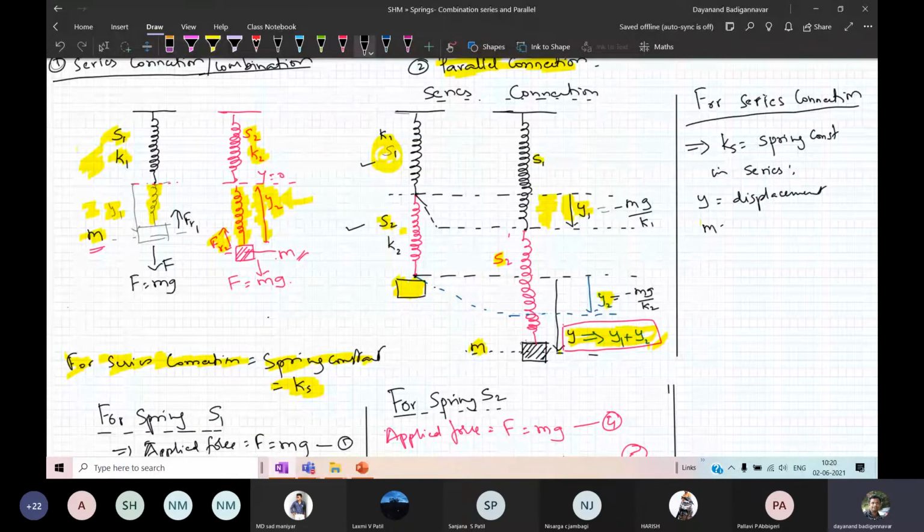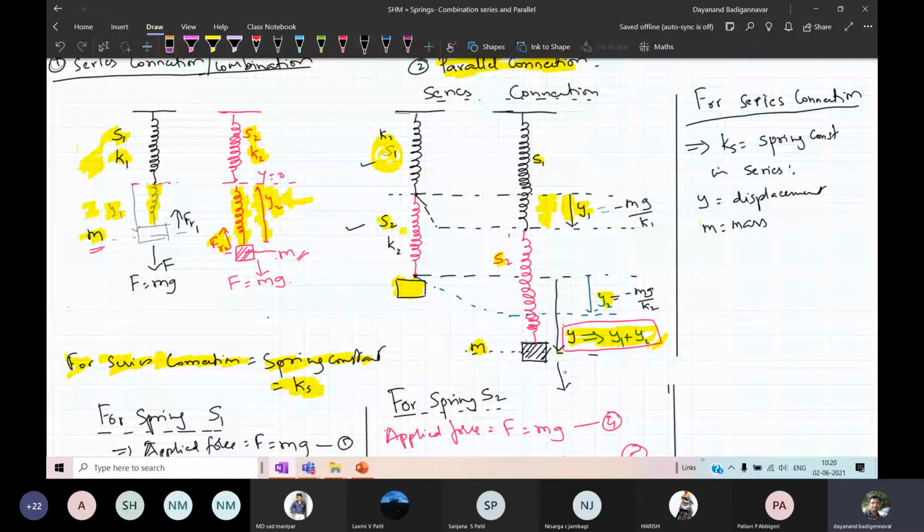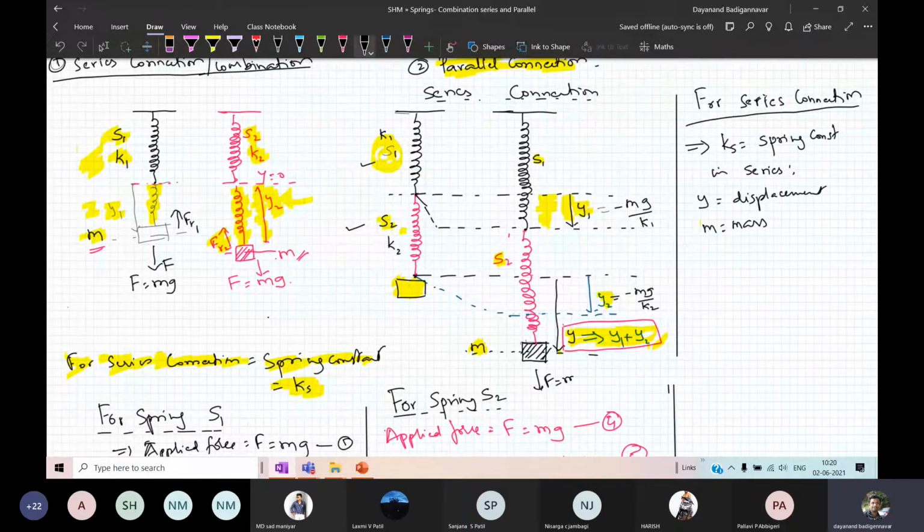Now here for this also, look at this. There is the downward force which is acting in this. So this is the force that is acting in the downward direction. Now this force is also equal to mass into gravity. Why? Because it is towards the earth, no? So F equal to M into G. So the first force that is applied here is nothing but the applied force. So the applied force F is equal to M into G, the same thing as you have done in the previous case. After that you have to write the restoring force.